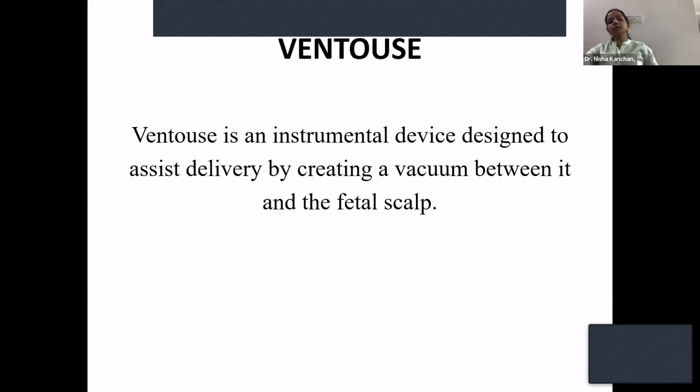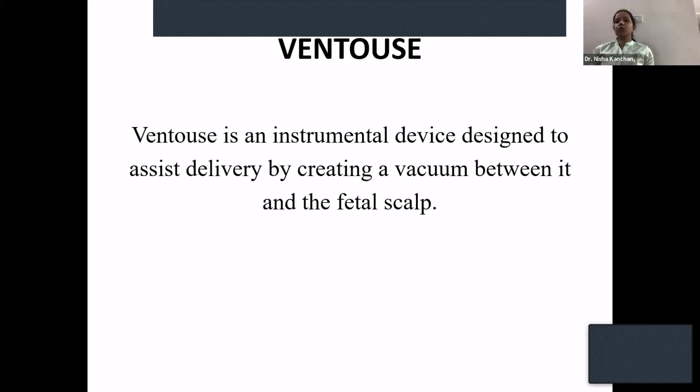So coming to vacuum. The vacuum was invented around the 18th century. Initially they had used glass cups for the treatment of depressed skull fractures in adults and children. When they put this glass cup and applied suction, the depressed skull fracture was elevated. So they tried to apply the same principle to put a suction on the baby's head and deliver it out. The person who made this famous is Malmstrom. His metal cups are still being used. The metal cups which we're using now were invented by Malmstrom.